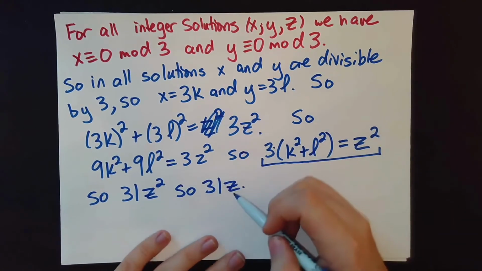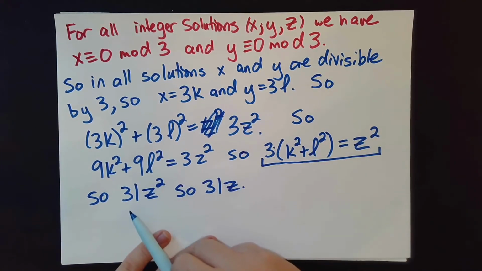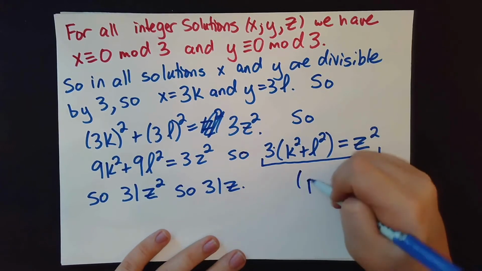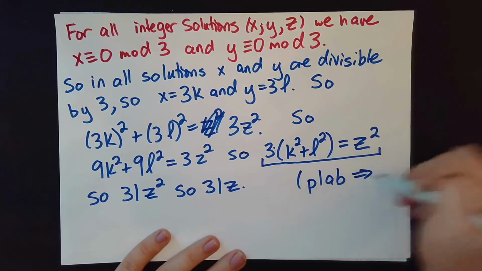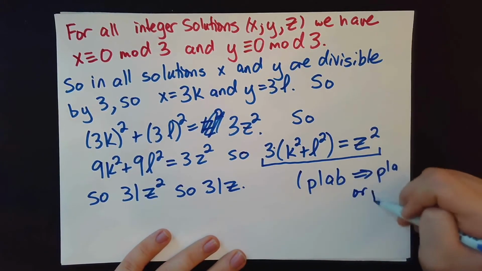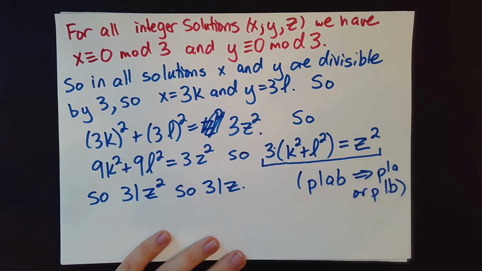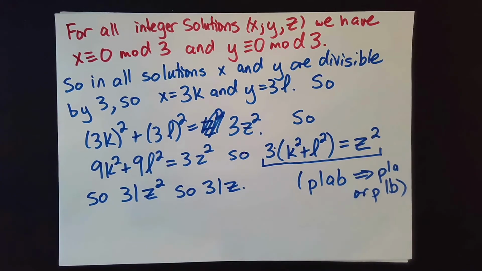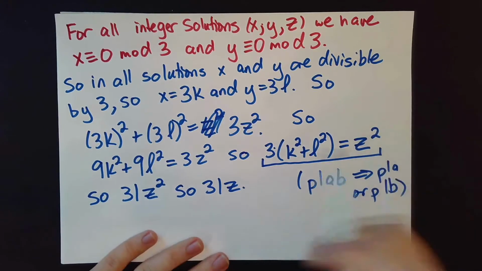Again, this is a consequence of unique factorization. Really, this is the p divides ab implies p divides a or p divides b thing that we talked about for primes, because z squared is just z times z. And so if 3 divides z times z, 3 divides z, or 3 divides z. So 3 divides z. So just like I was able to rewrite x and y in terms of k and l,